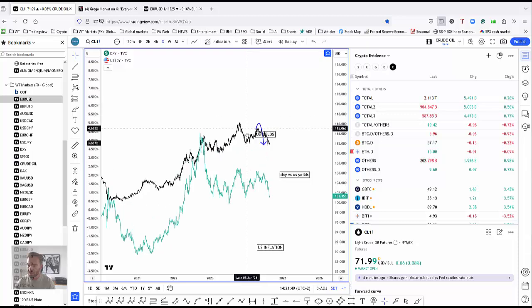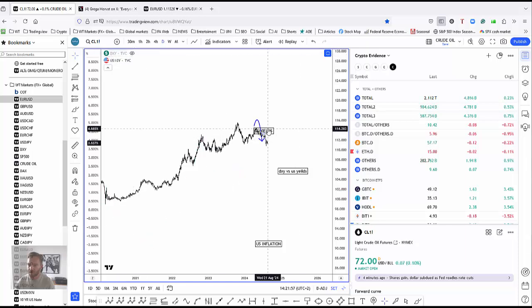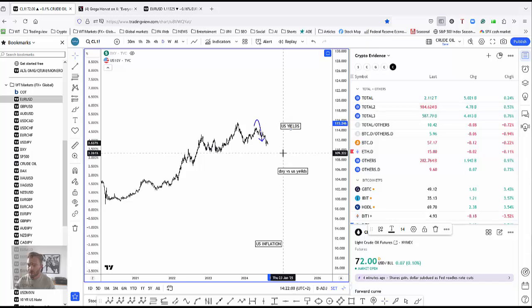At the same time, we see US yields here. Hide this for a minute. We have US yields here, which by the way can even move down towards 3.25%, 3.3%, which was the swing area back from April of 2023. So even if this is a corrective decline on the US yields, I think there is still plenty of room for this weakness to resume, and this can keep the dollar under bearish pressure as well.